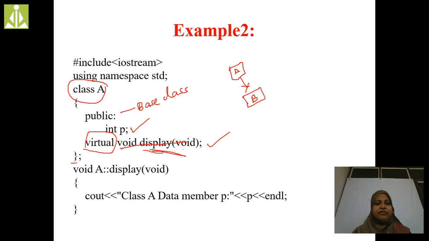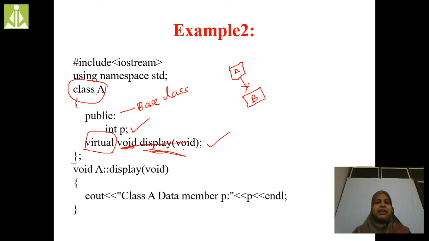What is the keyword here? Void. What is the return type? Void, followed by the class name. The class name is A, then the scope resolution operator, then what is the function name? Display. Here the return type is void, opening the braces. Just see our class A data member. What is the class A data member? Class A data member is only P. So I am going to display the value of P in the display method which is present in its base class.